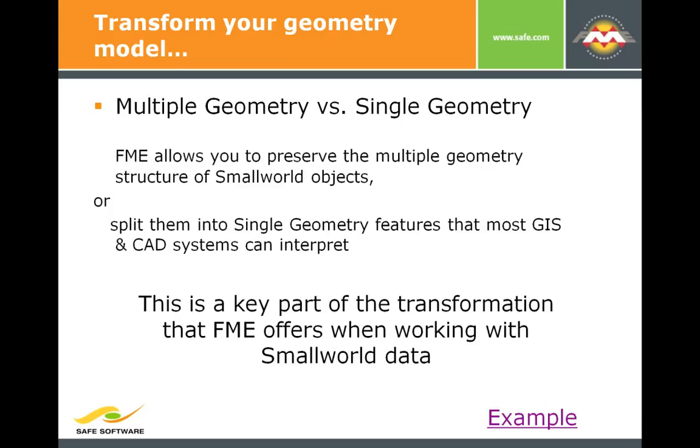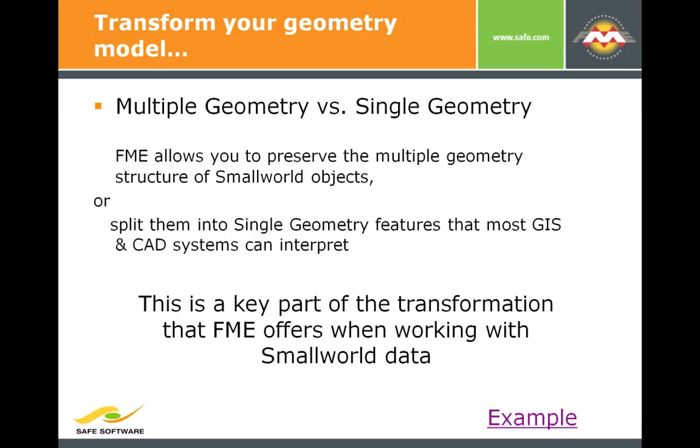And so what we often have to do is split up the Smallworld objects so that they each only have one single geometry on the features,